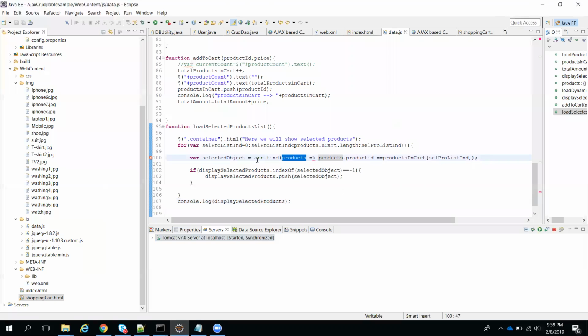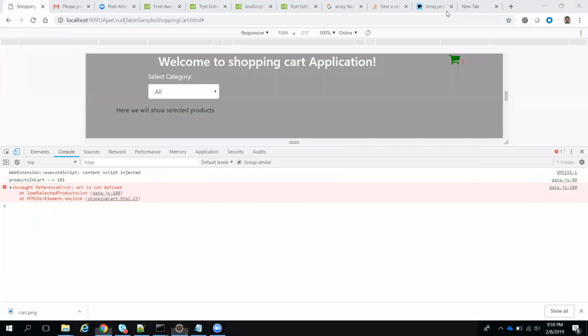This is the main array. Here you can give an alias of anything. For example, you can give PROD, but that PROD you have to use here. So this is products, alias as product. In that I'm checking the product ID. So we'll see now. Again we need to refresh.